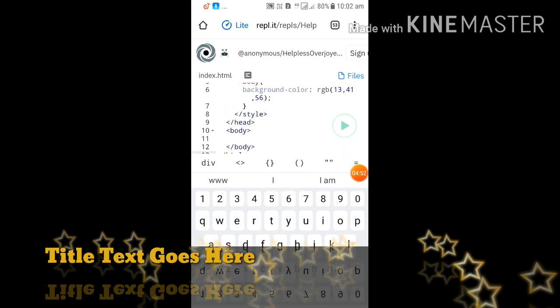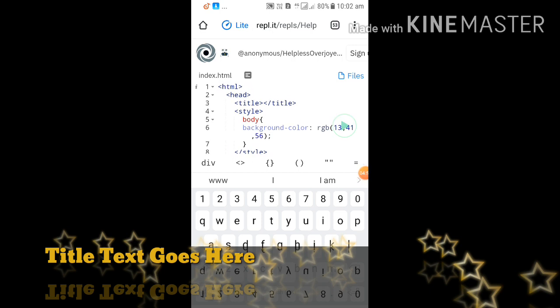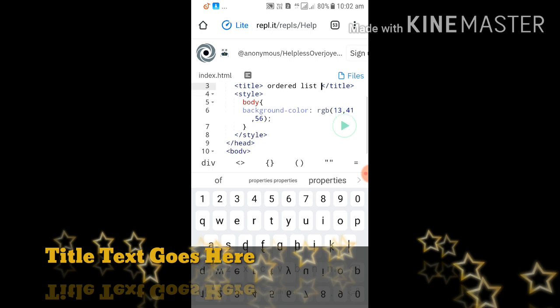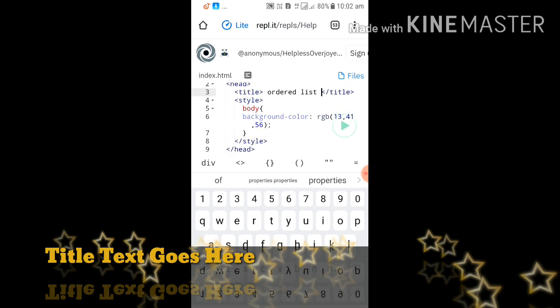So I have written this, and I will explain what I have written. So HTML, head, title close, and then style will open. Okay, and we have to write in order list. You can write an ordered or unordered list, this is your own choice. So I have written, and then the body background RGB is called and style.